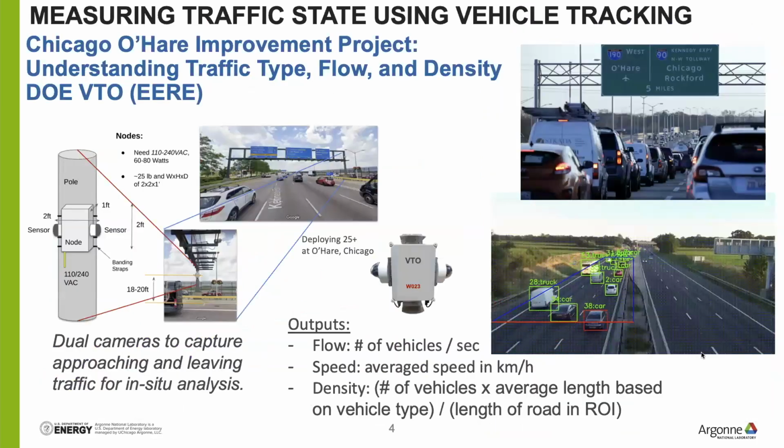So some examples of things we've done, we have cameras that are deployed in and around O'Hare Airport. For those of you from Chicago, you know that it's miserable traffic around Chicago O'Hare. And there are studies going on to really look at how to change patterns and improve energy utilization. So simple AI models like YOLO, plus some tracking, allow you to grab a bunch of measurements about the flow